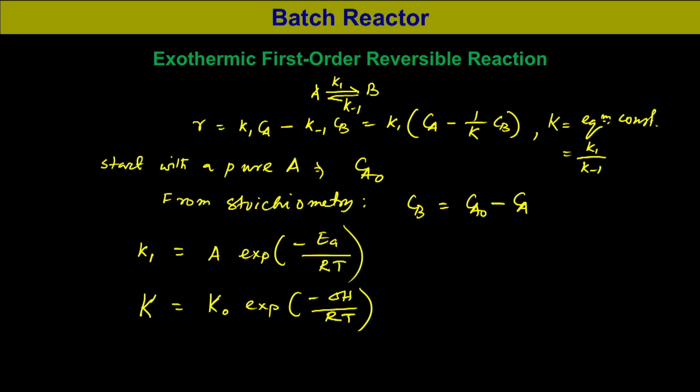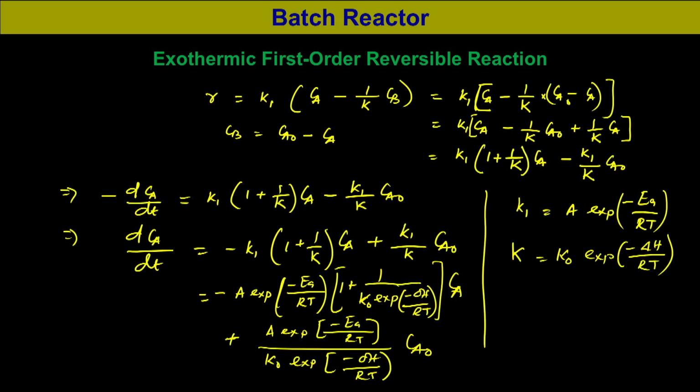For the forward reaction, K1 is equal to A exponential minus Ea by RT, and the equilibrium constant capital K is equal to K naught exponential minus delta H by RT. If we substitute K1 and capital K, these Arrhenius relations, into the red equation, we would obtain: